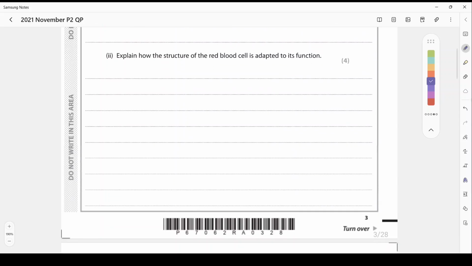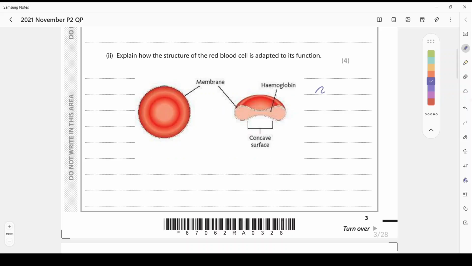Let's go on to part 2. Explain how the structure of a red blood cell is adapted to its function. So let me just include a diagram here. So this is a very blurry picture of the red blood cell. So we can see that it is biconcave in shape if we were to cut it in half. So bi means 2, and it has this concave shape here and this concave shape here. So it's biconcave, and that is to increase surface area so that gases can come in and out, specifically oxygen,